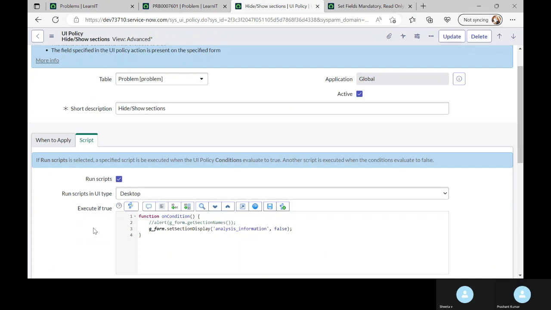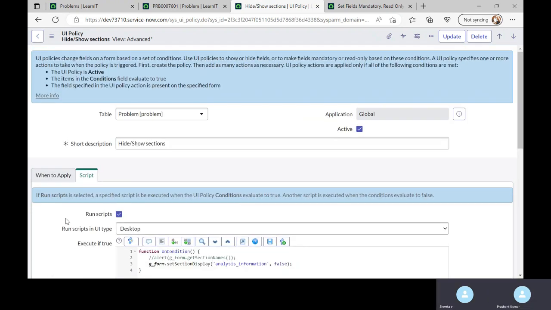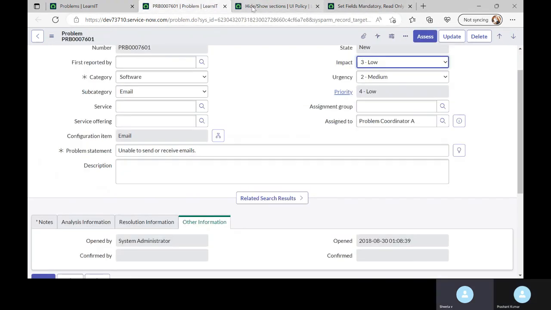All right. So you are clear on this part. Yep. All right. So I think our UI policy part is over, and I now think we didn't check on the